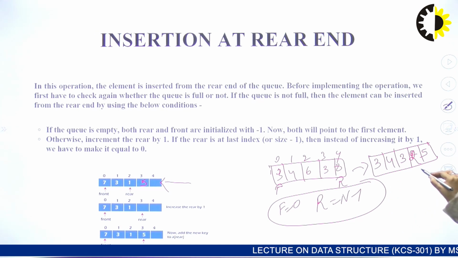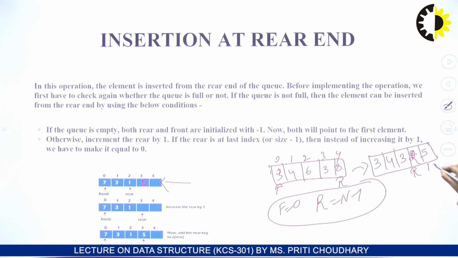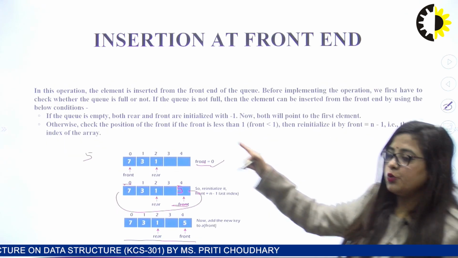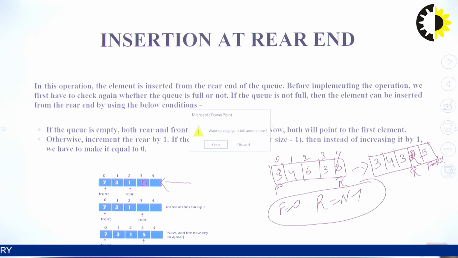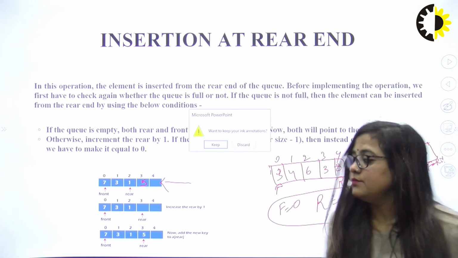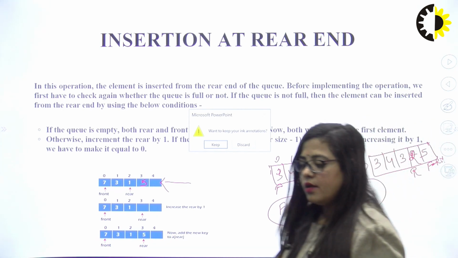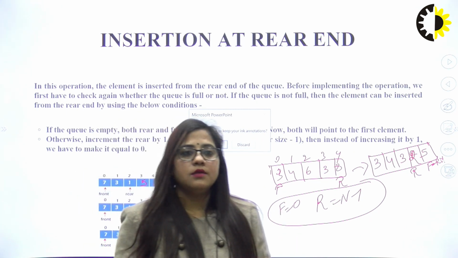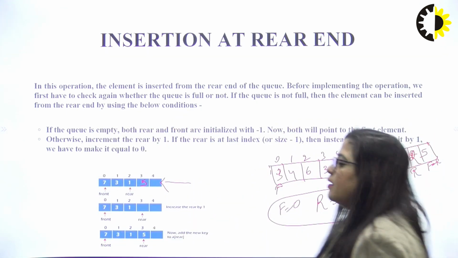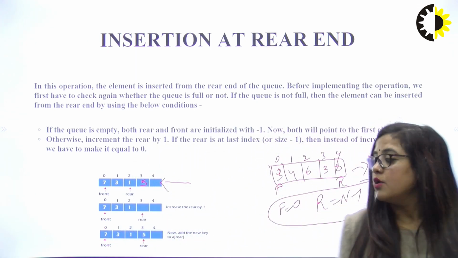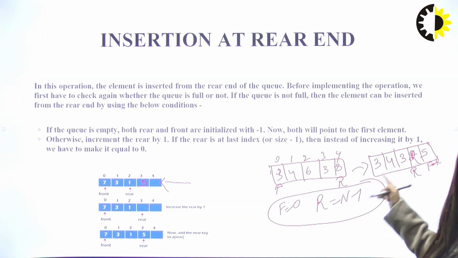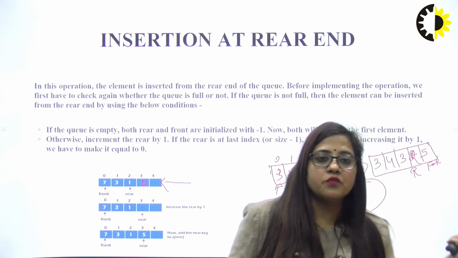Look, let's suppose it is a rear number and front, according to this example. According to this example, front is R plus 1. So again you cannot insert any number here. So here R equals these 3 and front equals R plus 1. So from this condition you cannot insert any number in Q.